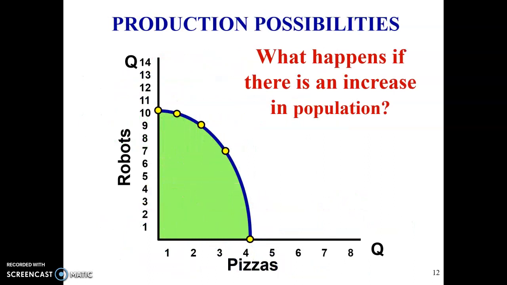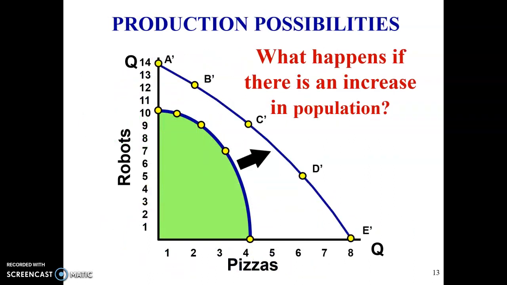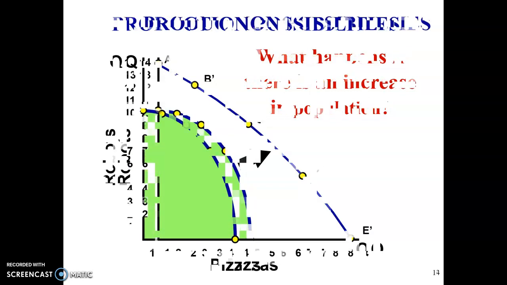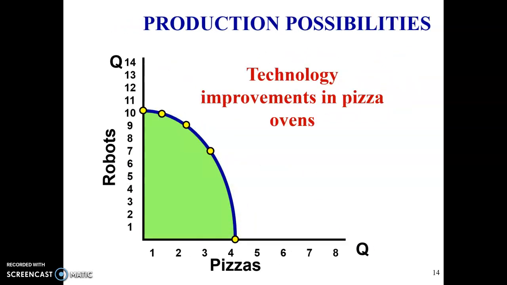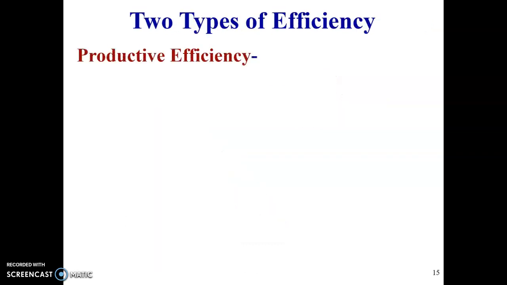What happens if there's an increase in production? There goes our PPC. An increase in population. That's because now we have more workers, more labor, we have an increase in PPC. What if there's technology improvement in pizza ovens, and this is a society making both pizza and robots? We know that we're going to see a bumped out curve for pizzas, okay? And the same thing with the